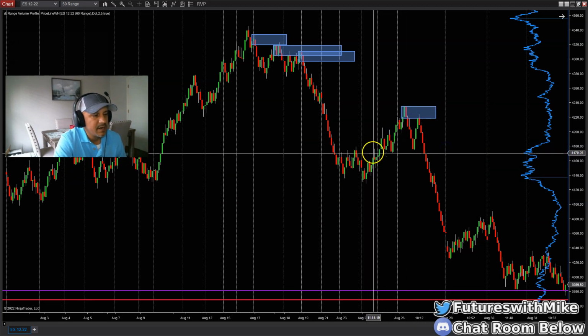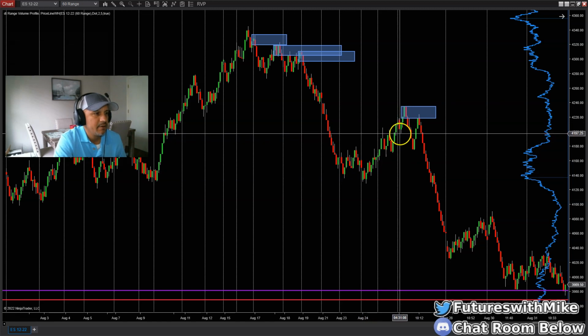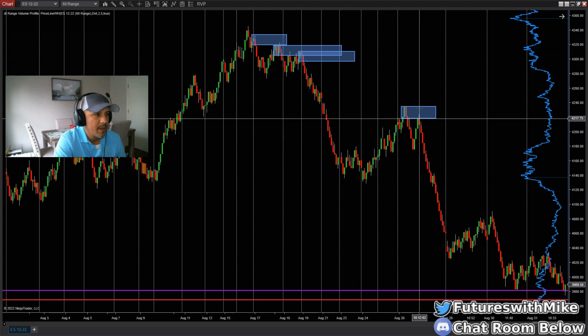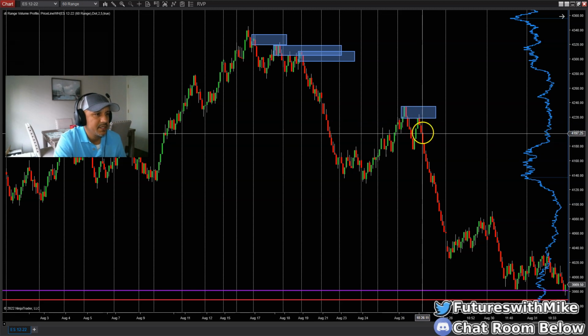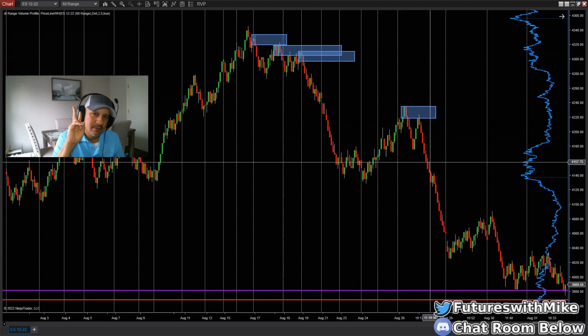So, price makes higher highs and higher lows to the upside, pulls back, breaks structure right here, okay? Turns back around, meaning that on a pullback, it taps into supply. The moment that price breaks the bottom of this candle right here, pretty much to close this red candle, you go short, okay? Now we've identified a couple areas of supply, a couple areas of demand,